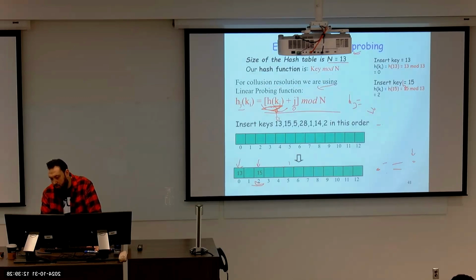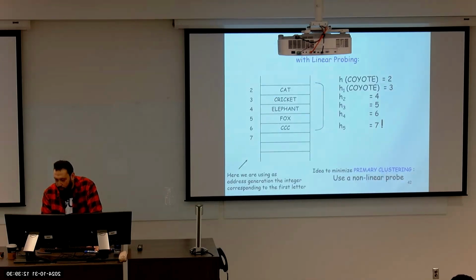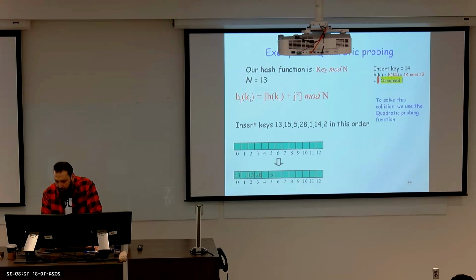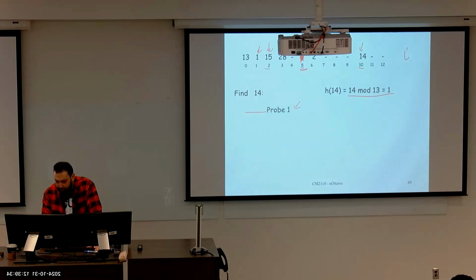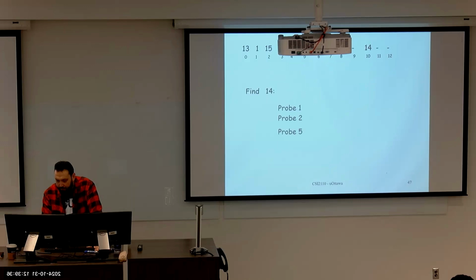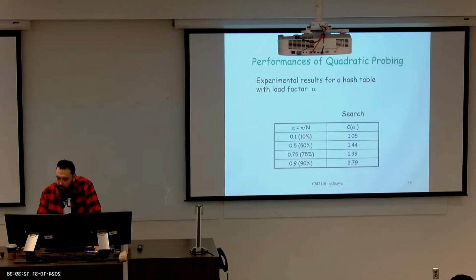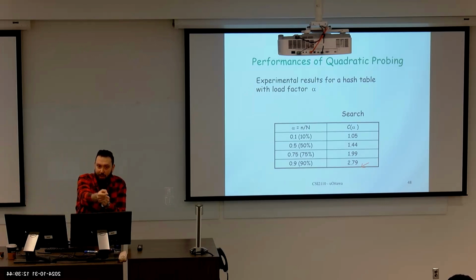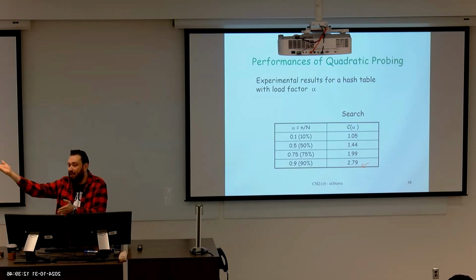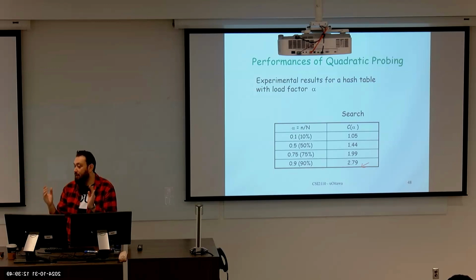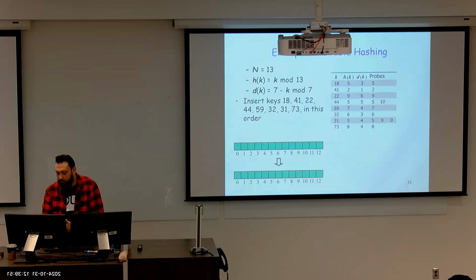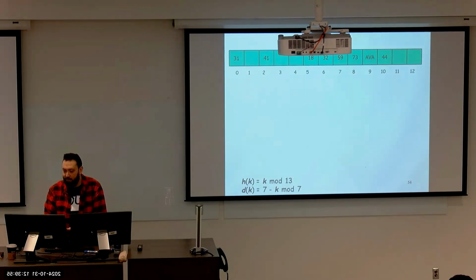But when I teach you the quadratic probing, we're going to see it in the next lecture, you end up with 2.7. It went from almost 6 probings. So the average number of times you jump to find something went from 6 times to 3, for example. Now, if you do double hashing, which is a bit more complicated,